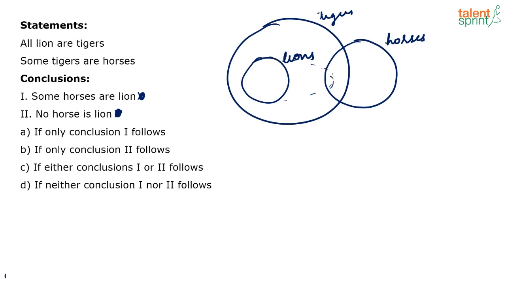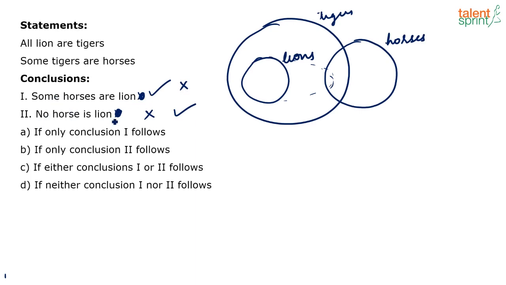So definitely, for sure, any one of these conclusions has to be true. If this is true, this conclusion will definitely become false, and if this is false, this conclusion will definitely become true, correct? So this is an either-or case. This "some" and "no", they are generally referred to as complementary pairs in syllogisms. So whenever you have two statements which have the same set of variables and "some" and "no" is given in the conclusion, please check once whether they are the complementary pair and then solve.